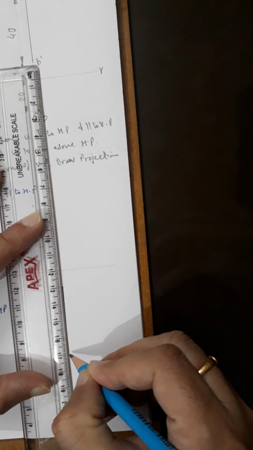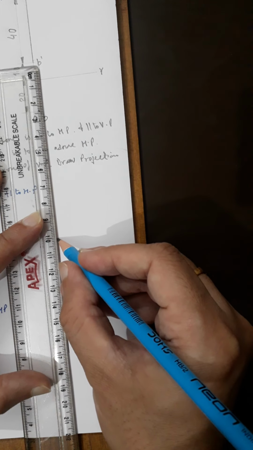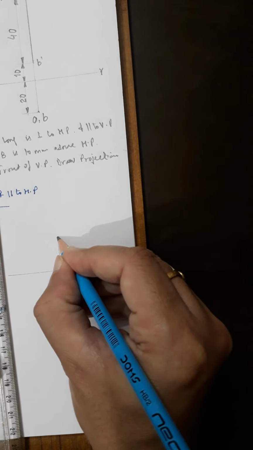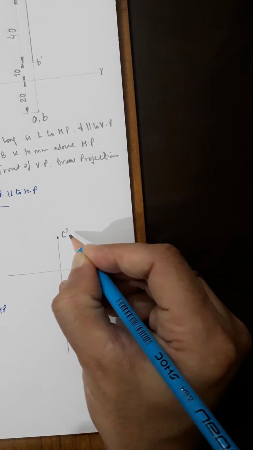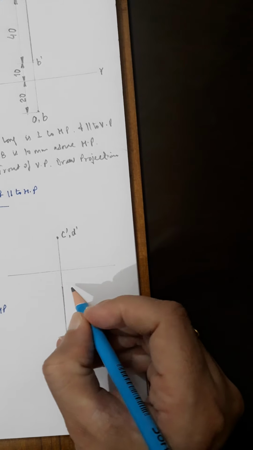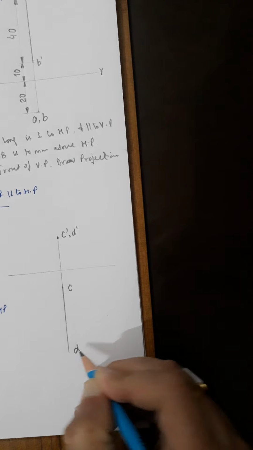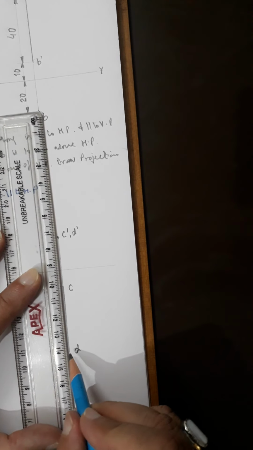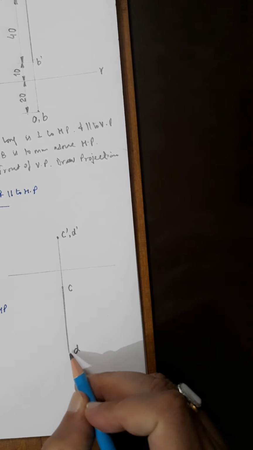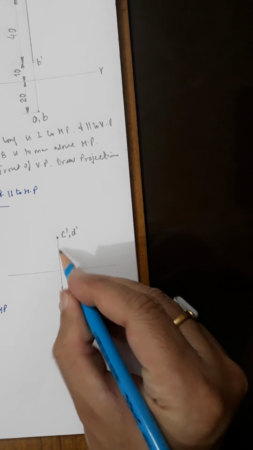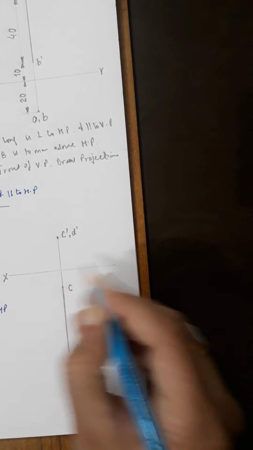Okay, so now this is say 40 mm long, and this is the front view, C dash and D dash, and this is C and D. Now you can see the difference in the line work here. So this is the line, this is the projection of the line, this is the top view of the line, and the line joining this front view is continuous thin. Okay, so this is XY.